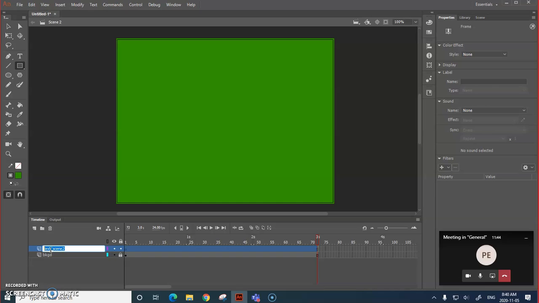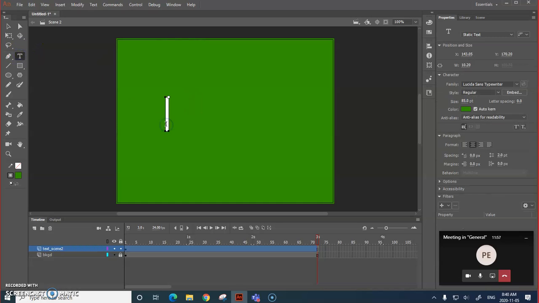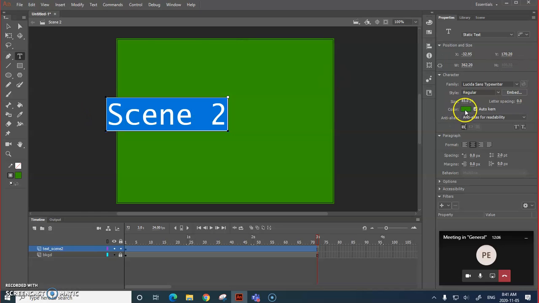I'm going to highlight this because I don't want to type it out each time, Control C, and then I'm going to go back to scene 1. Actually, no, I'm already on scene 2. I'm typing that in green, so I'll just highlight, switch to black,